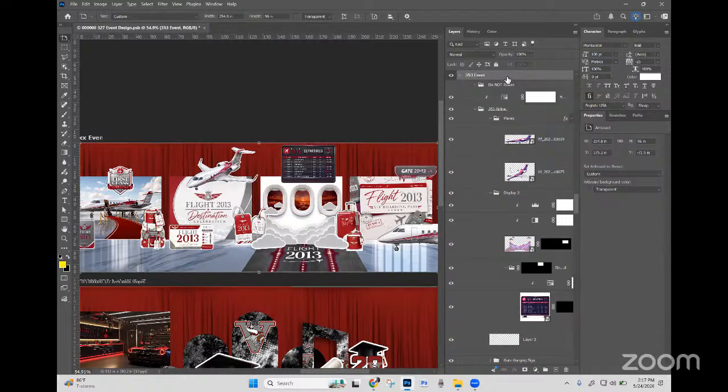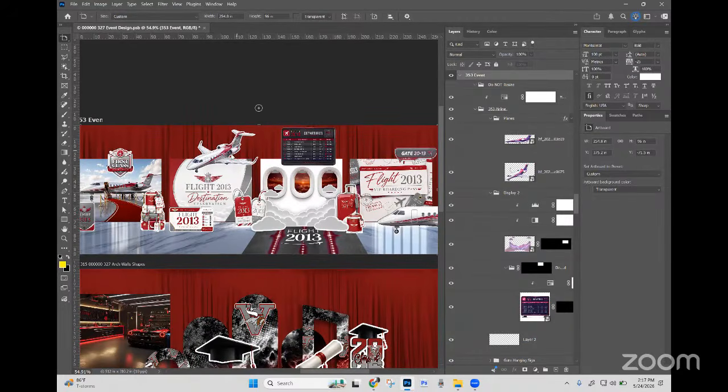So I just want to show you how I took, remember we did that pink and purple event. So I just brought it in here, brought those elements in, kind of moved some things around a little bit,